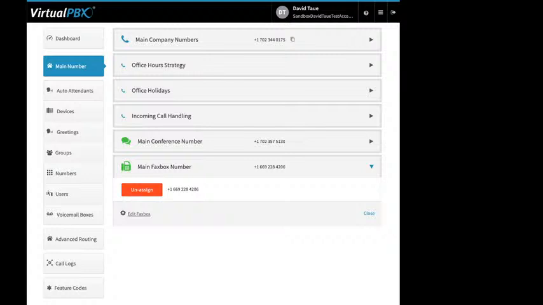But on your accounts, when you click Edit Fax Box, it will open up a new window with two fields. The first field is to enter an email address for inbound notifications. This is so when you get a fax getting sent to your system, that's the email address that the system will send the fax to,